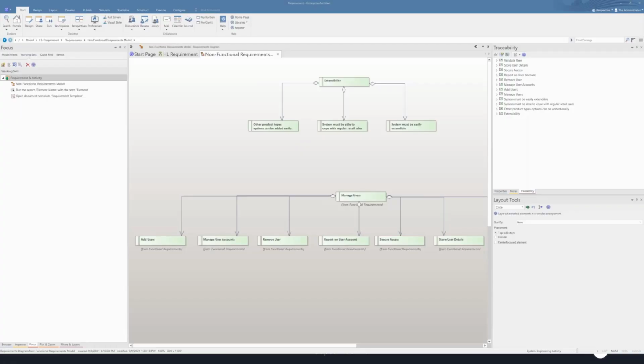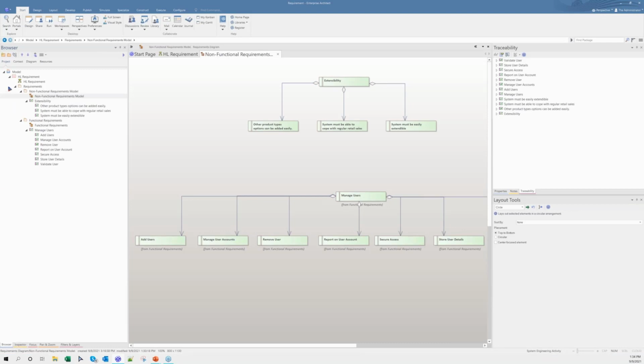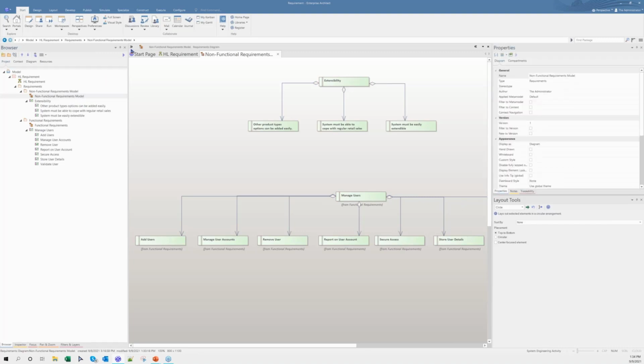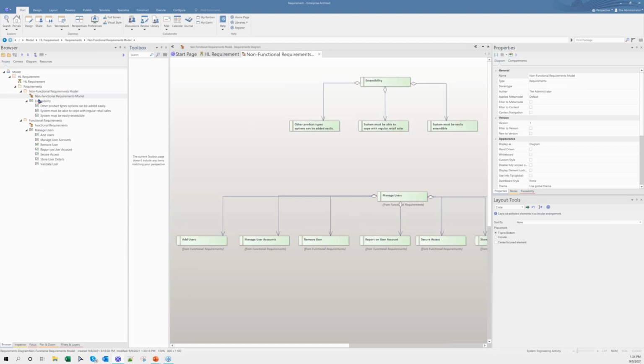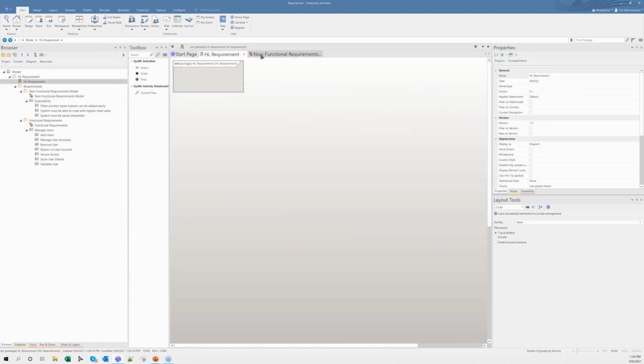I do have more than that, but at the moment we just discuss the project browser. It's here, and we have the properties as well, and toolboxes, and I have layout tools docked here. So if I want to dock any other windows, I am free to select them from the design menu, which is available in the start ribbon.